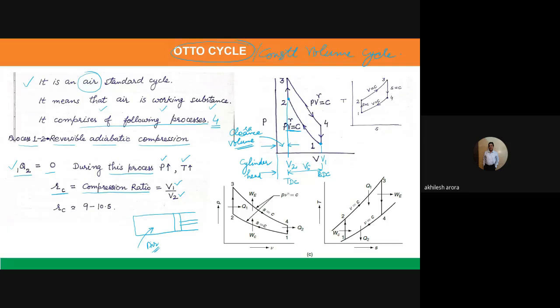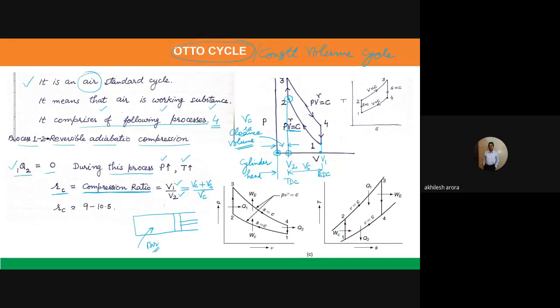And this ratio, the compression ratio, is equal to V1 over V2. V1 we count from this point up to this point, and from this point to this point the volume is V2, as you can see from here. This is the clearance volume, denoted as Vc. So I can write V1 is equal to Vc plus Vs, divided by V2, which is Vc. I hope this is clear to you. I have tried to make you understand.